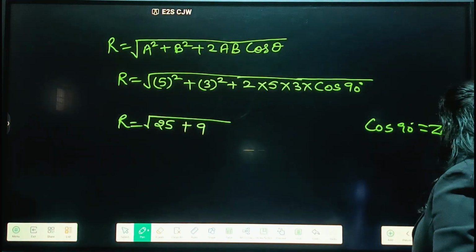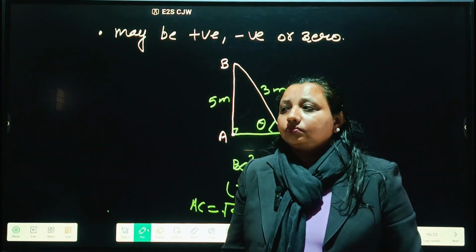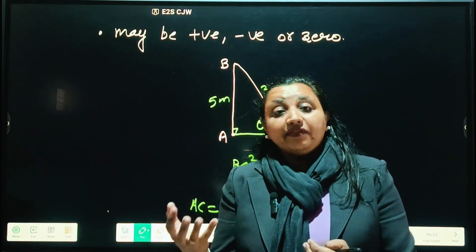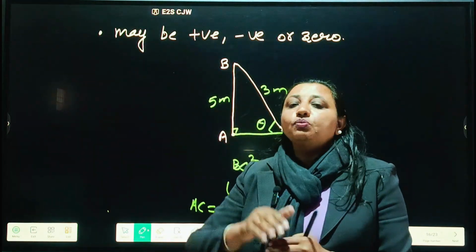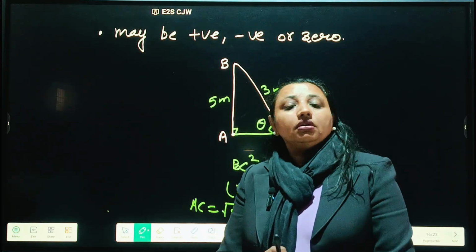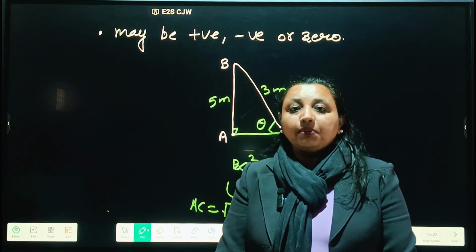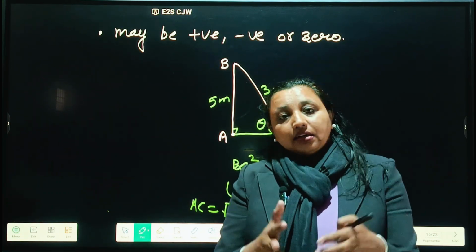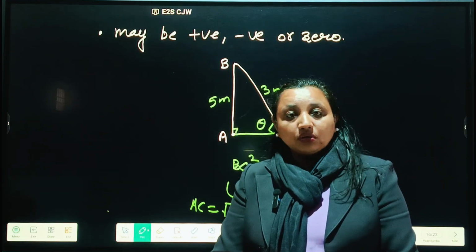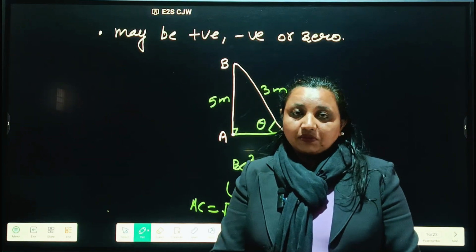Negative in case the force is applied in the opposite direction, like if we throw an object in a vertically upward direction against gravity, at that time the displacement of that object is negative. Displacement will be negative. Also another example of negative displacement is when we apply the brakes on a car, then work is done against friction. So at that time also there is negative displacement. So these are examples of negative displacement.